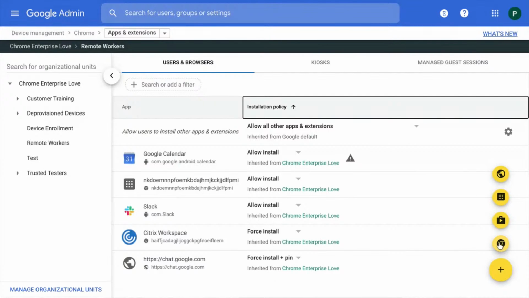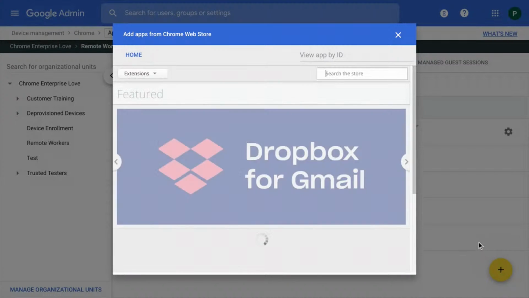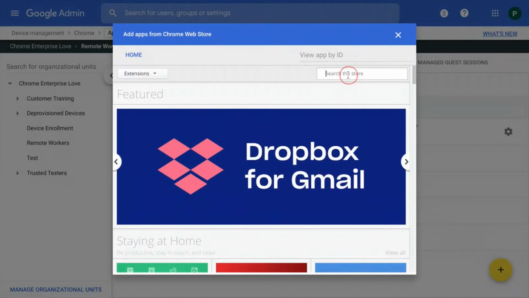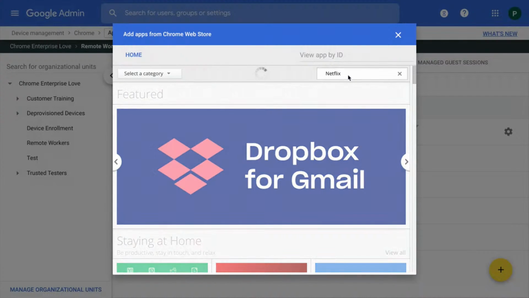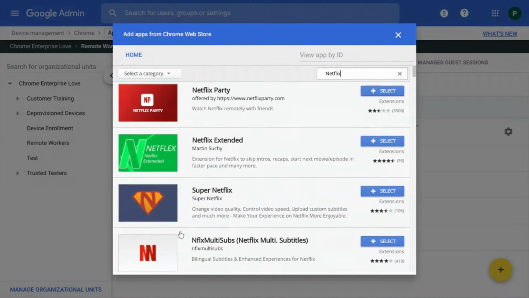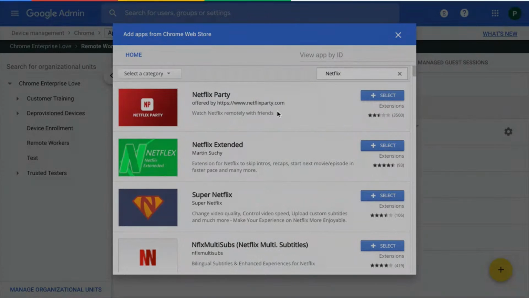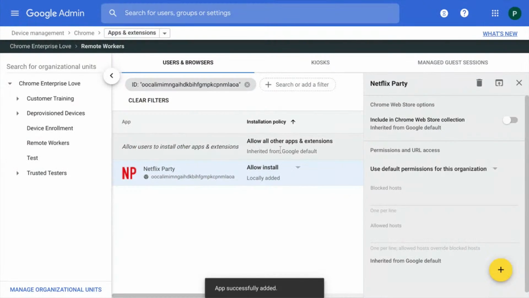I'm going to come down here and click on Chrome Web Store. And it'll bring up a list of applications, and you can search for applications. I'm going to go ahead and type in Netflix, and you'll see you can search for apps, you can filter apps. I'm going to select the Netflix Party extension for this OU, and you'll see that now you have the choices